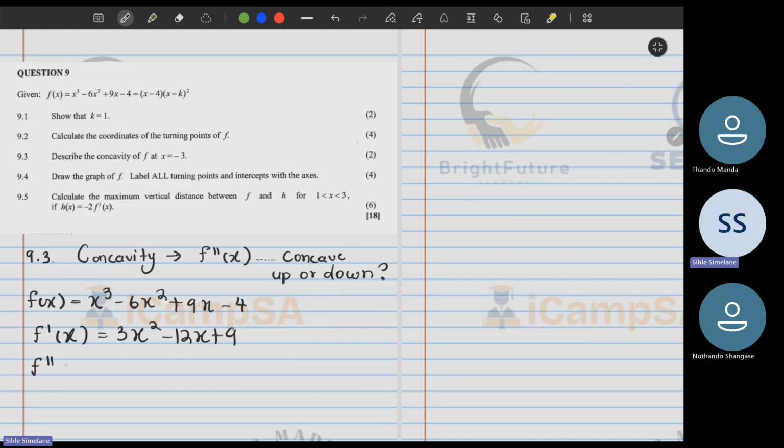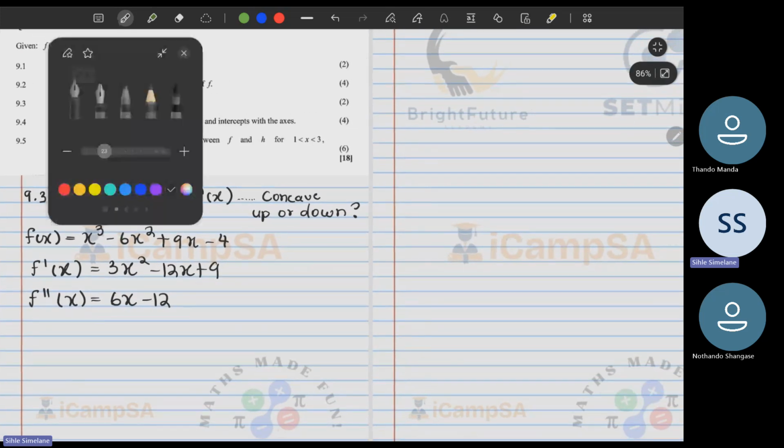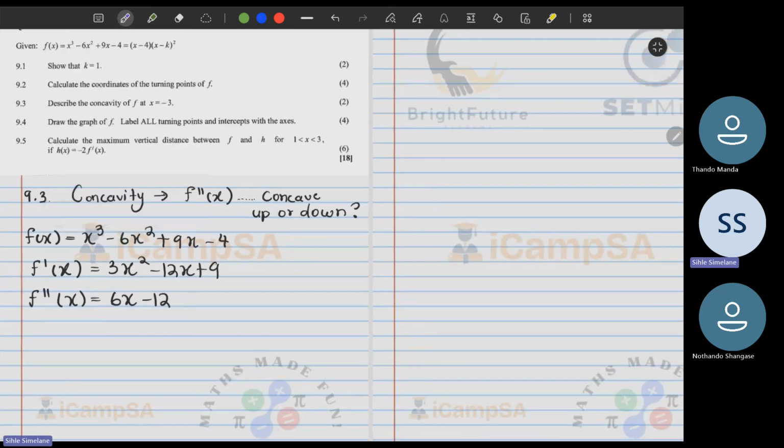Then we find the second derivative, where you are deriving what is above. You times by the 2, you end up getting a 6. So we have 6x minus 12. That is what we have. And remember, now they are asking about the concavity at x equals -3. So what can be said about the concavity